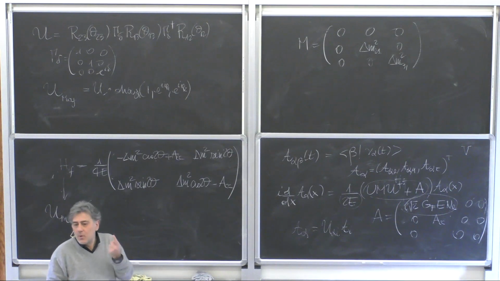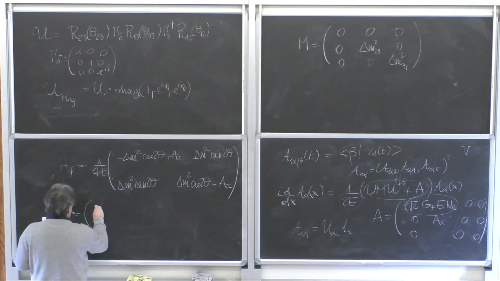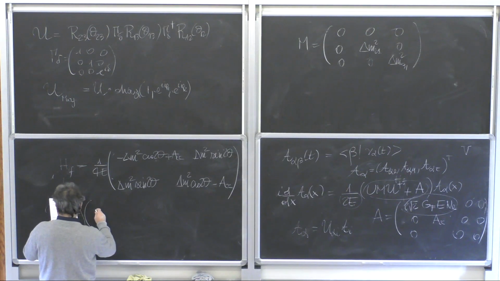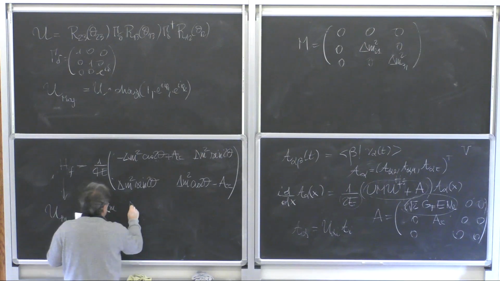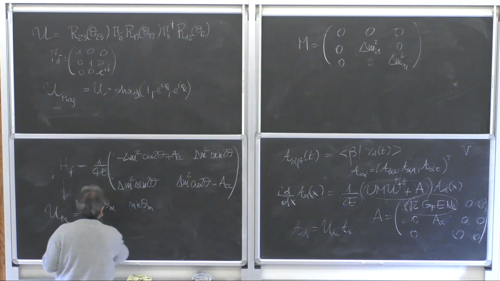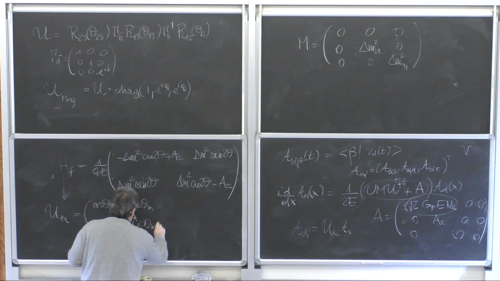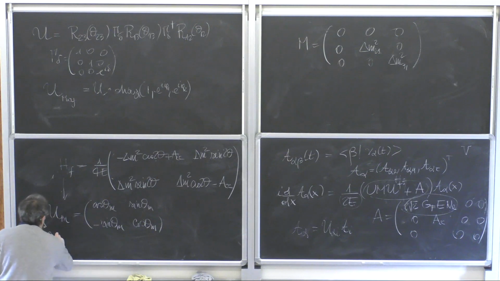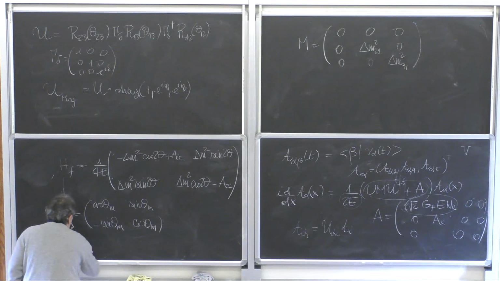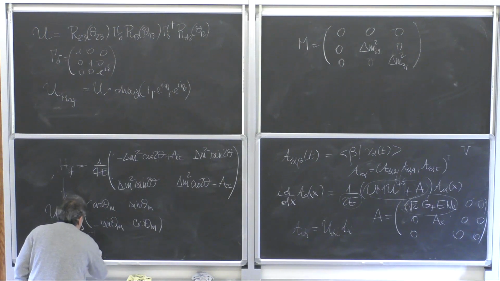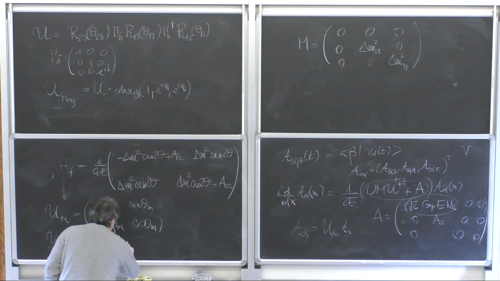It depends on one mixing angle that we called theta m: cos theta m, sin theta m, minus sin theta m, cos theta m. And this is so that U_m^-1 H_F U_m is equal to a